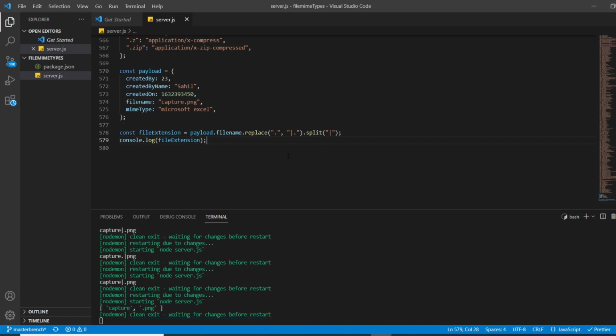Yes, now we are able to get the dot extension, whatever the payload is being passed, and we are able to fetch the extension on the basis of file name, right?